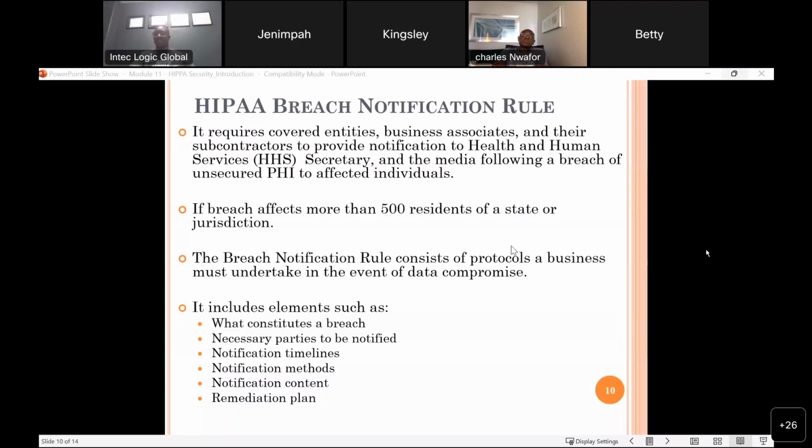Publicize it that this is what has happened. The breach notification rule consists of protocols a business must undertake in the event of data compromise, right? So most of the times the breach notification and breach anything that has to be. I think I saw that's one of my